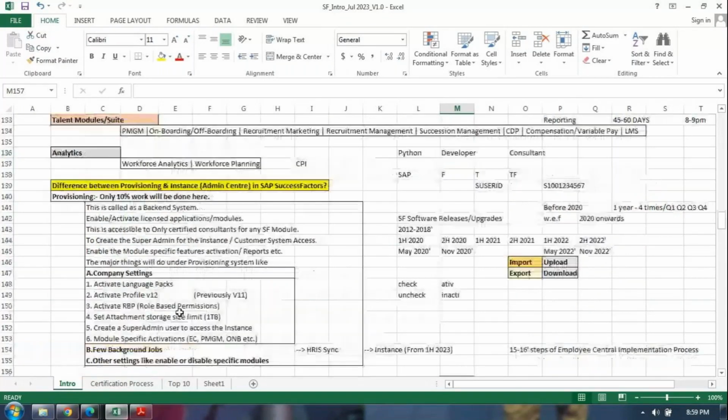Now my question goes to, how can you access this provisioning system? Why? Because this provisioning and instance are purely your customer property, and these are delivered by the SAP company or SAP SuccessFactors company. Even though you are a certified consultant, you can't speak to the SAP people. I am currently working for Ramkey India. Can you please provide me that provisioning access or instance? They won't, guys. Why? Because for that you need to raise a request to SAP SuccessFactors company on behalf of